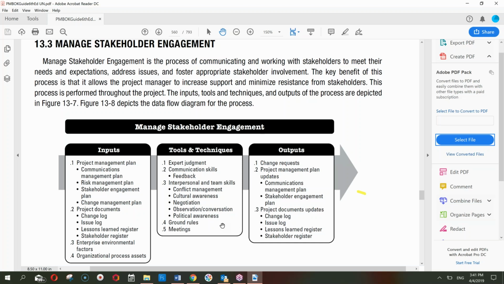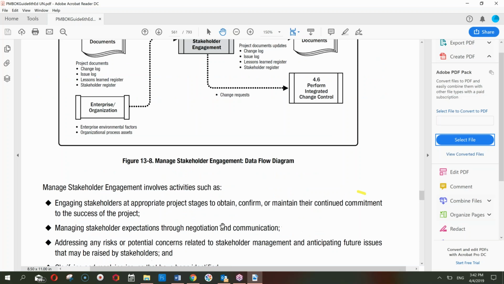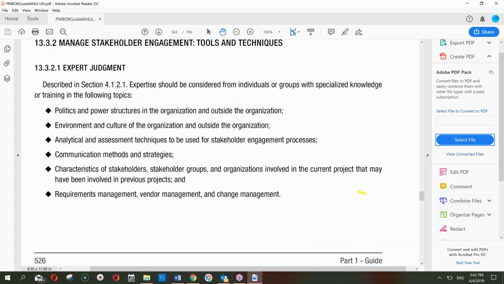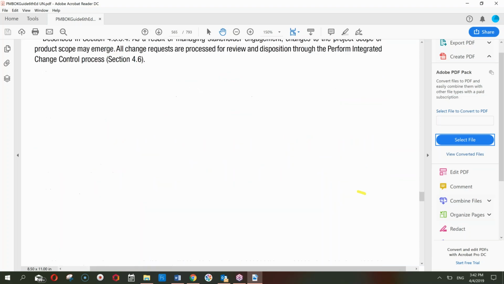Then I will set up the ground rules. The boundaries will be drawn and the meetings will be held. And ultimately, if there is a change, that can go through the change request, and project plan and project documents can be updated. So need not talk about any one of these things any further. Let us straight away jump to